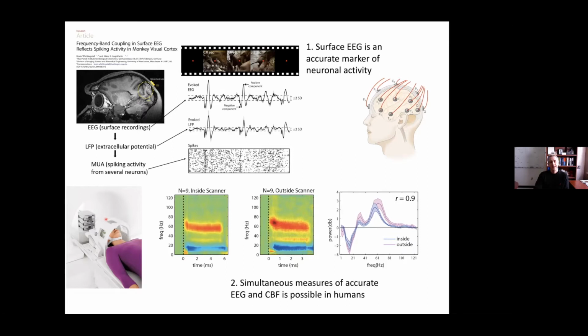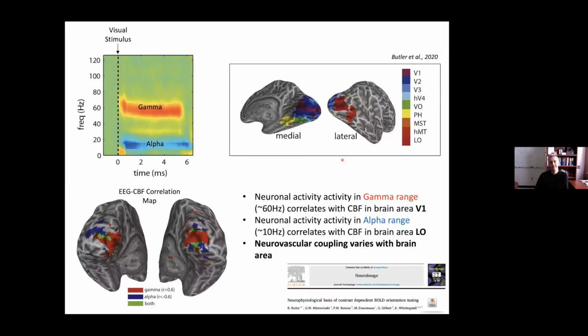in humans. And so we did some tests, we developed some denoising algorithms and found that we could reconstruct the EEG signal in the MRI environment to essentially the same degree that we would get if we were recording outside the scanner. And so methodologically, it's now possible to record the two simultaneously and have really accurate data. So one of the first things we did is look at the response of the EEG signal to just a typical visual stimulus.